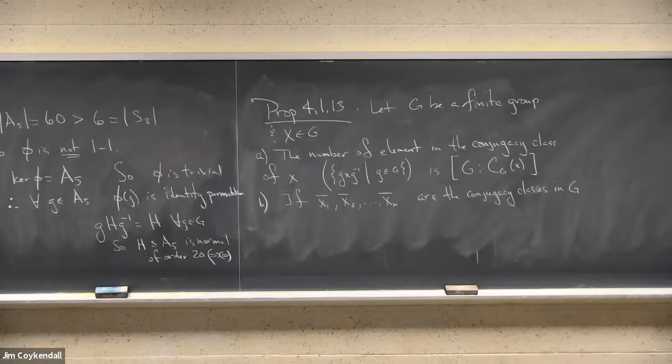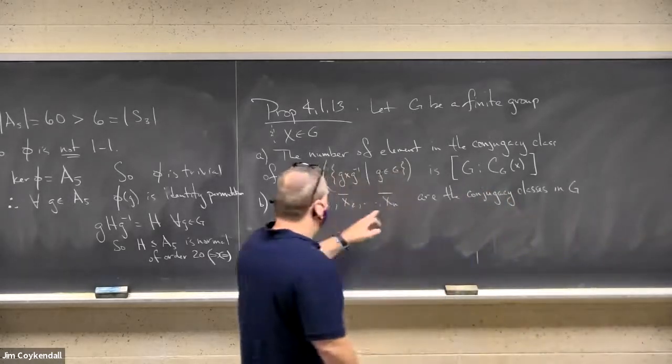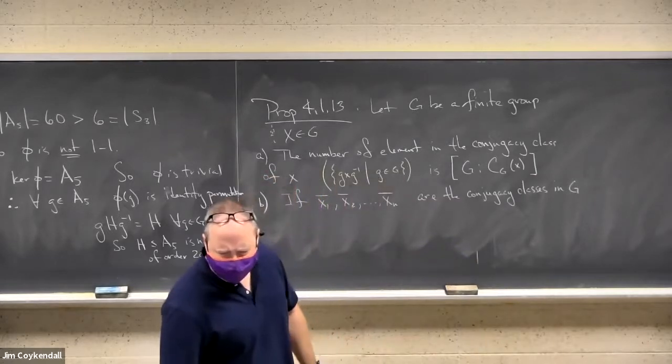There is an element in particular that has an orbit of length 1 in its conjugacy class. Can anybody name that element? The identity, right? Because notice the orbit of the identity is just the identity. Generalize that statement. There are other elements, perhaps. Any element in the center has only itself in its conjugacy class, right? But we'll collect all these, collect all the conjugacy classes, then the order of G